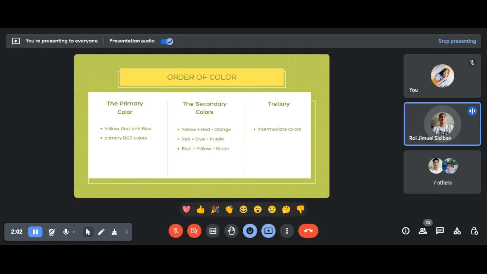So a secondary color is one that is produced in a certain color space by combining the primary colors. Last is the tertiary. Tertiary colors are also known as intermediate colors. They result from the mix of a fully saturated primary color with another primary color. In short, you can combine the primary colors into the secondary colors. Next,